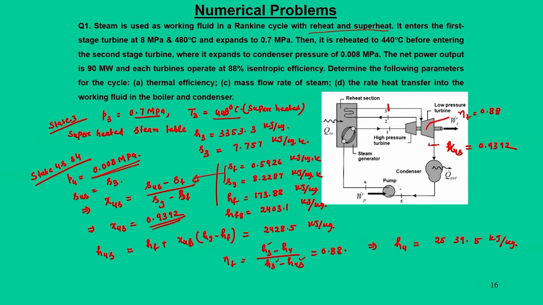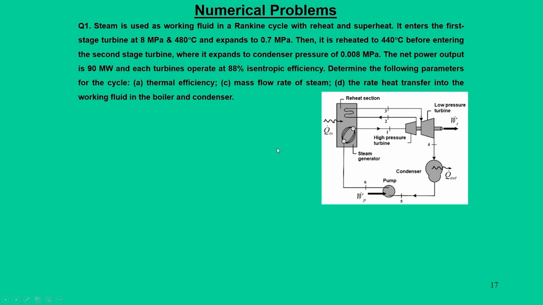So, we know the state conditions of 4s and 4, then we are left with the 5 and 6 conditions, and that is nothing but the pump. The pump operates from the saturated liquid state at the condenser pressure of 0.008 megapascal to the boiler pressure of 8 megapascal. To do that, we need to revisit the data